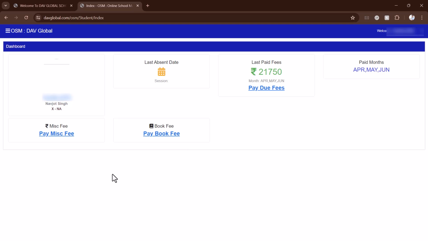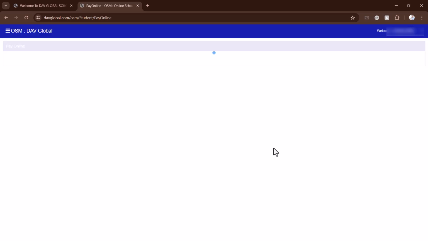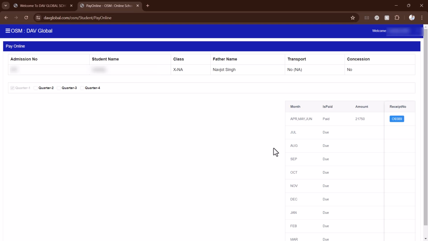So now, as you see, these are the paid months, April, May, June, and now we need to pay the due fees. So we need to click on this button, pay due fees. I have already paid the quarter one payment, but now the second payment is due. So I will click on this quarter two option,